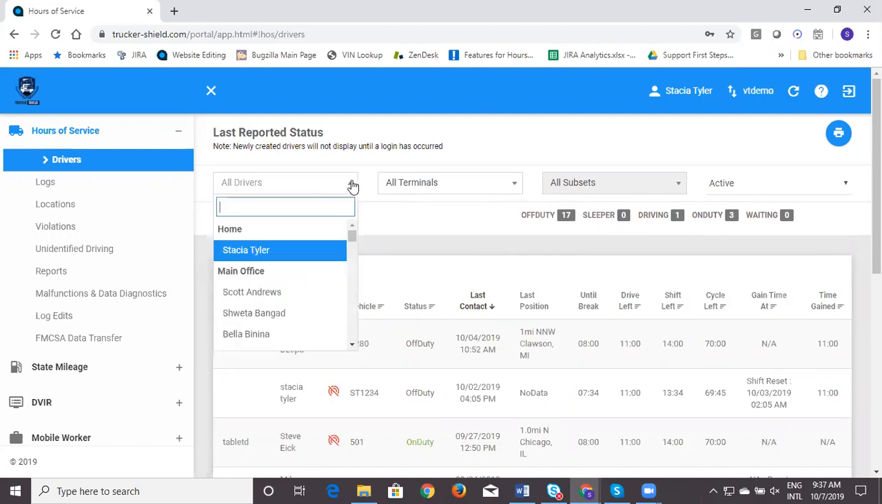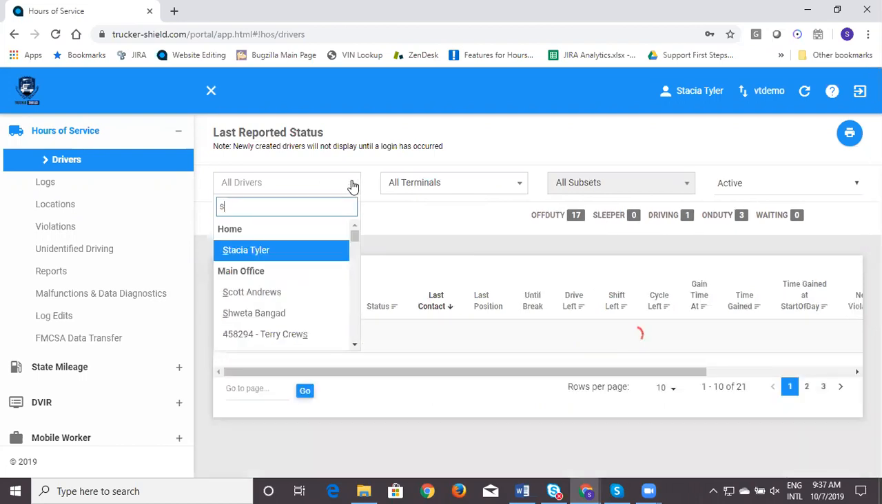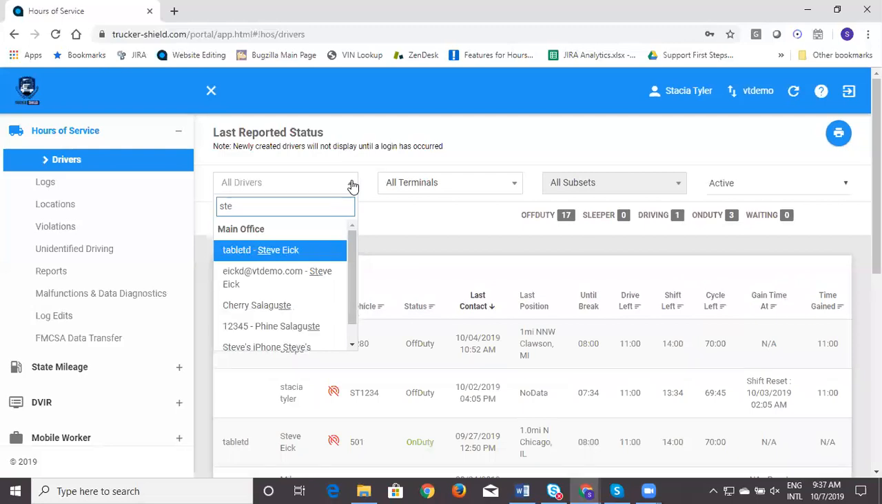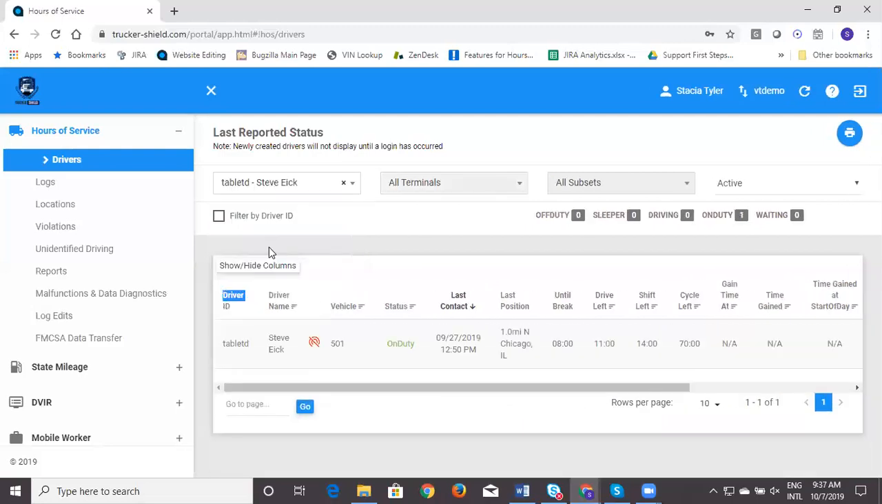But if you want to pull up individual drivers, I'll pull up Steve, for example. This gives us a whole bunch of information here: driver ID, driver name, whether they're currently connected or disconnected from an ELD device, the vehicle that they're associated with, their status, the last time they checked in, the last position or known position, time until break, drive, shift, and